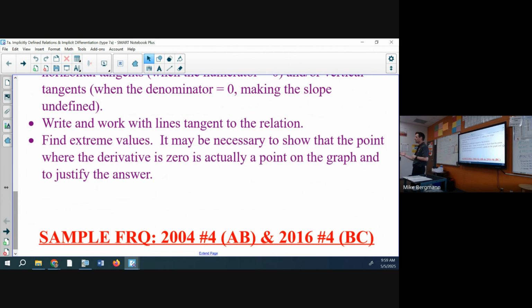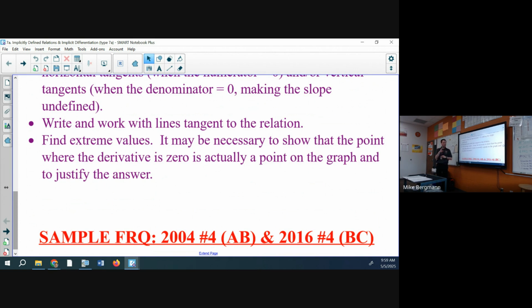Take that point, okay, and plug it back into the original equation to make sure that that point even actually exists. I've seen that on other questions. I don't think it's on the question that you guys have here today, but I've seen that on other questions where they give you a point where the tangent line would have a slope of 0, but that point doesn't even actually show up on the graph. Right? And it feels a little mean that they would do something like that, where they'd say, find this value, but it turns out that that's kind of the whole point of that, is to get you guys to